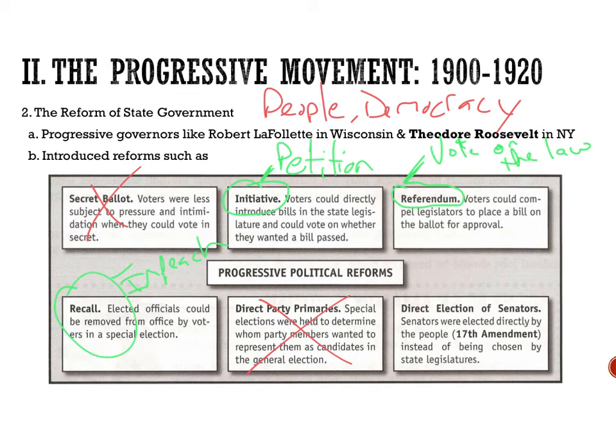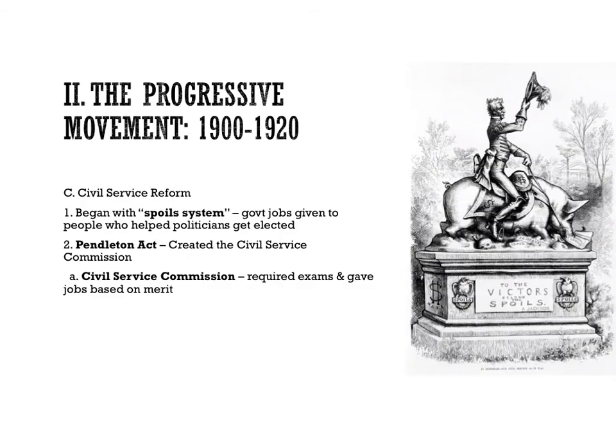Direct election of senators is the 17th Amendment. I talked about that already. That is, again, a progressive amendment that gets pushed through. Here's kind of more of a boring side to things, but we do have the Pendleton Act and Civil Service